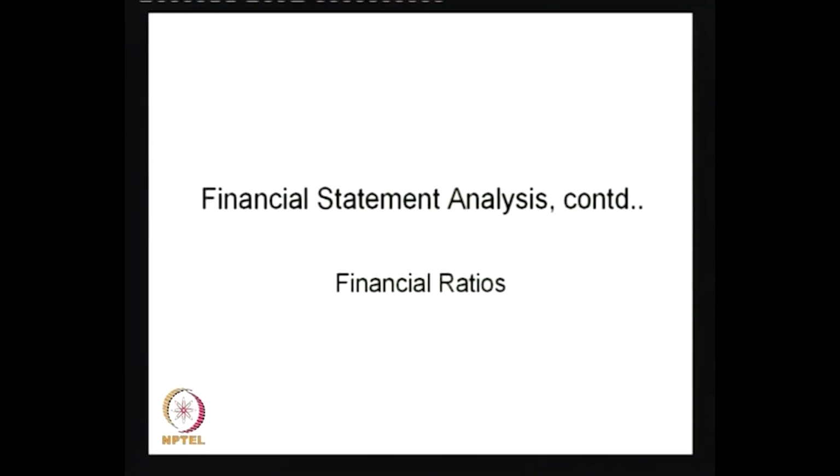In this session of financial statement analysis, we are going to discuss analyzing financial statements with the help of financial ratios. When you say financial ratios, we mean that, as usual, the ratio means the relation between numerator and denominator. So we have certain figures in the numerator and certain figures in the denominator, and by comparing those two figures we find a ratio, and these ratios can be found out for different companies. The ratios can be found out for one company for different years, and these ratios on their own do not mean anything, but when you compare this ratio with another company, relatively you can say which company is better